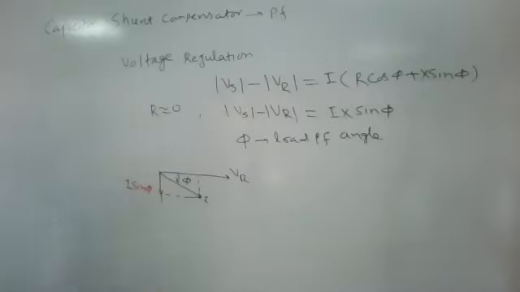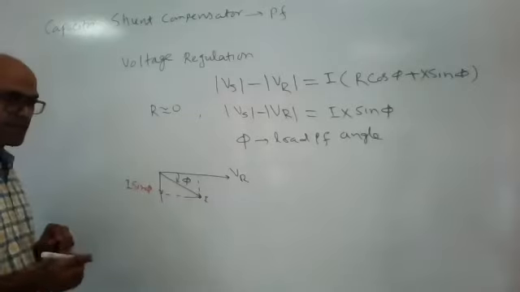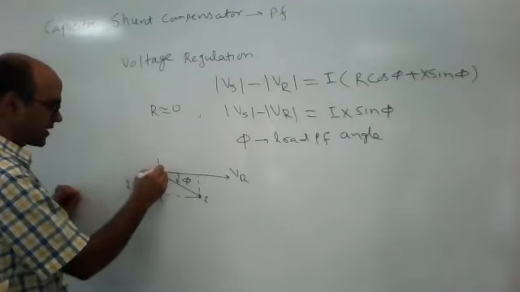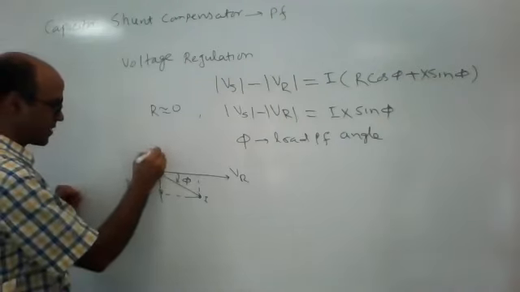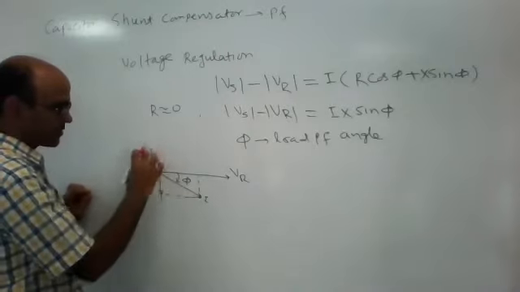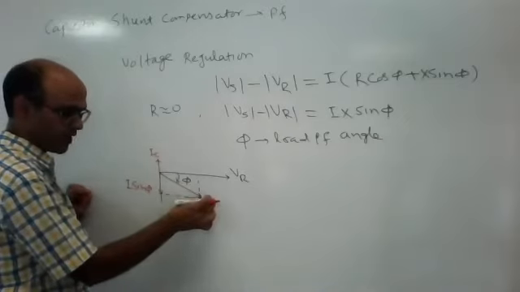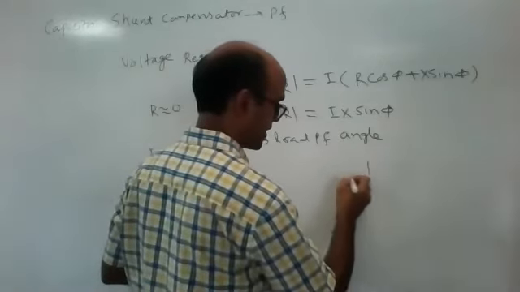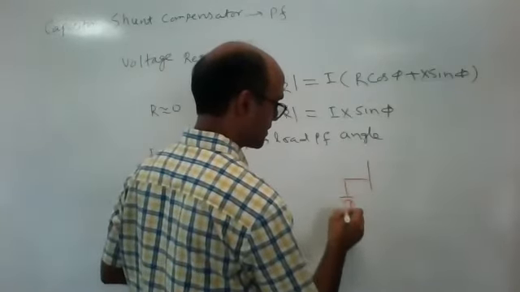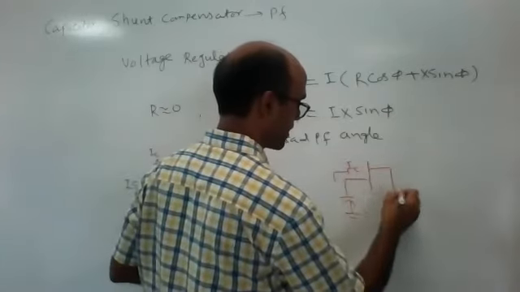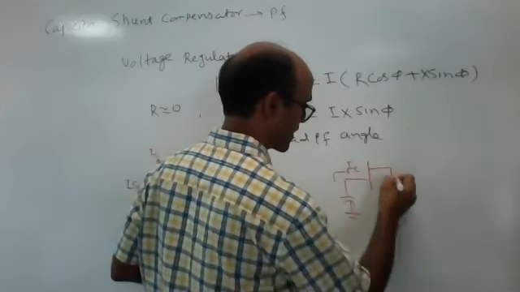But if we are connecting a capacitor, then the capacitor will inject current which is leading. Okay. So the capacitor will inject leading current. That is what I see. So this is our total current in the load. But the capacitor is also injecting IC. You can see here, the capacitor will inject current IC, and the load is delivering current I.